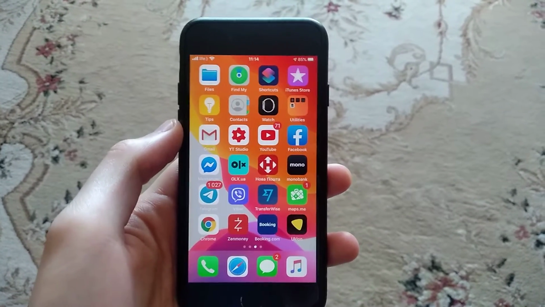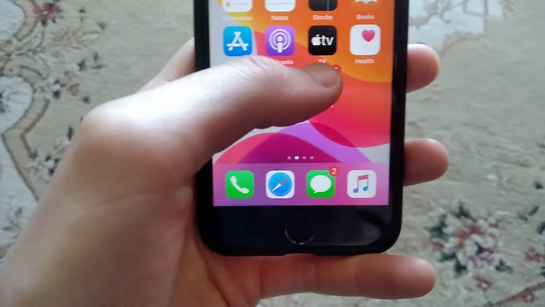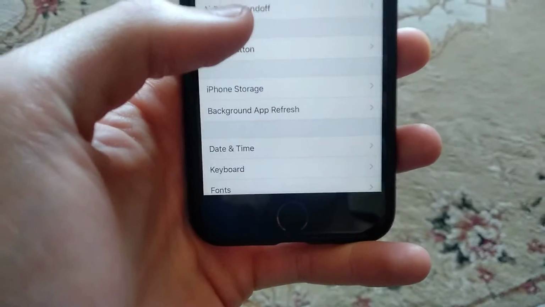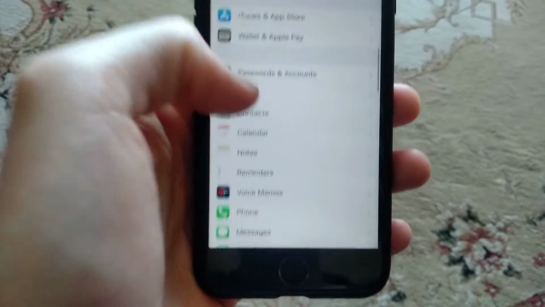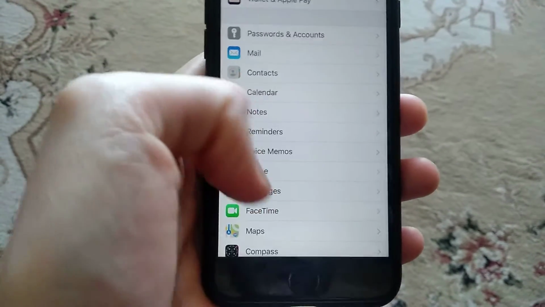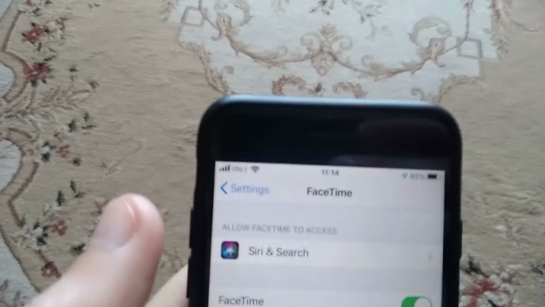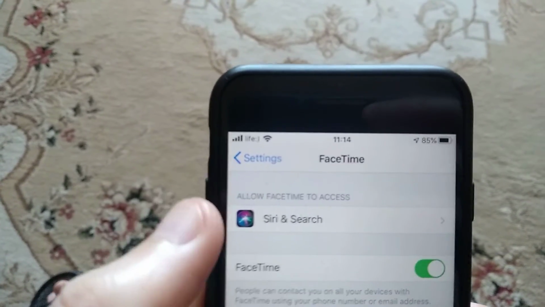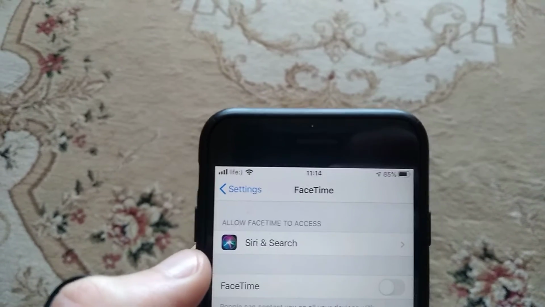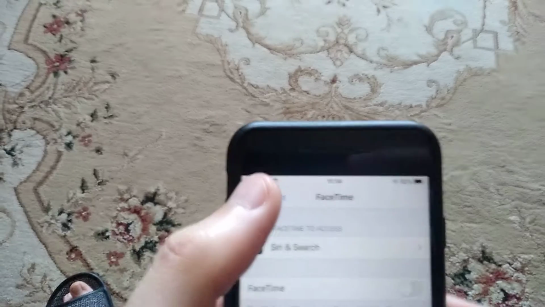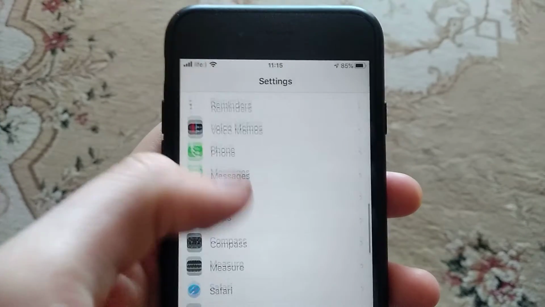FaceTime. So for doing this you just need to go to the settings, so just open the settings and just find here FaceTime. So just open the FaceTime and here you need to turn off your FaceTime and just go back to the settings, go to general,